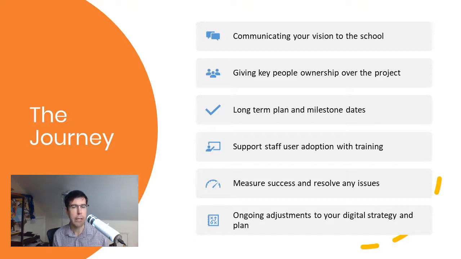So make sure that staff have that training. We need to make sure that that training is also evaluated afterwards, so you can measure the success, and you can also feed back into that long-term digital strategy. Are there any barriers to using it in the classroom? We need to know about them as early as possible so they don't get buried, so you don't get staff not using it in the future. So it's about having that constant feedback loop of doing the training, measuring its success and any issues, the good and the bad information, feeding that back into your long-term digital strategy, adjusting it.